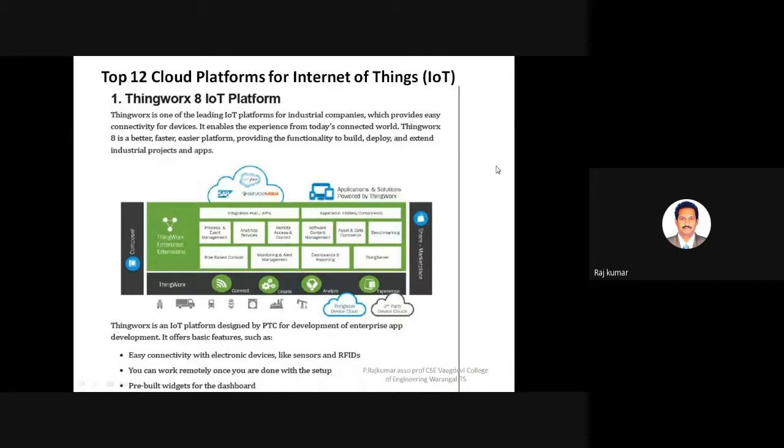One is the ThingWorx IoT platform, designed by PTC for enterprise application development. The advantage of this site is easy connectivity with any devices, like your sensors, RFIDs, etc. Once the data is uploaded onto the cloud, you can work on it remotely from anywhere.